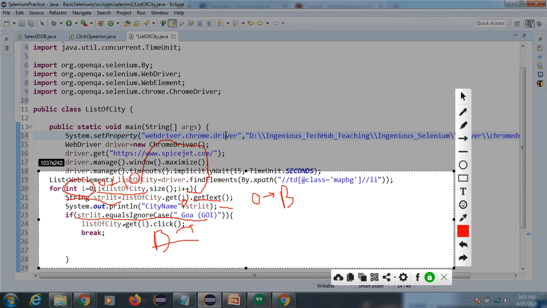Then this condition is not true, so control will not come here, because both are not matching. If both match, then it will click on this, then it will break this loop or this execution, right? So in the second iteration, it is not entering here because the condition is false. Again it will go here, then I will become 2, sorry, 1, right? I will become 1. Again it will check this condition, right?